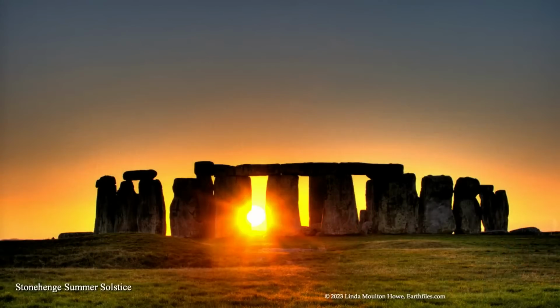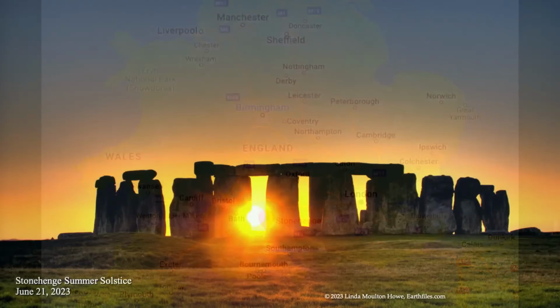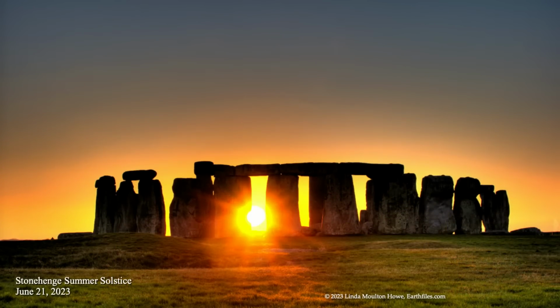And here is the 5,000-year-old Stonehenge, built by a mysterious intelligence to track our sun, constructed from 25-ton sarsen stone columns. Stonehenge is in southern England on the Salisbury Plain in Wiltshire County, 2 miles west of Amesbury and 88 miles southwest of London. Through thousands of summer solstices, the sun's first rays of morning light shine past the same ancient heel stone through the huge stone circle, marking the sun's cycle from cold, dark winters to warm, bright days